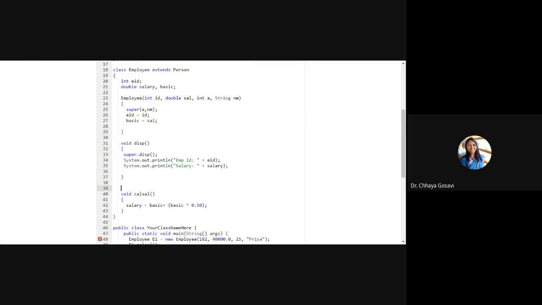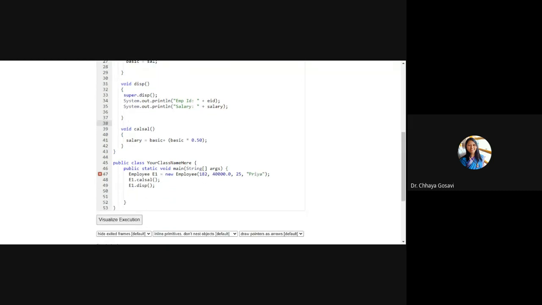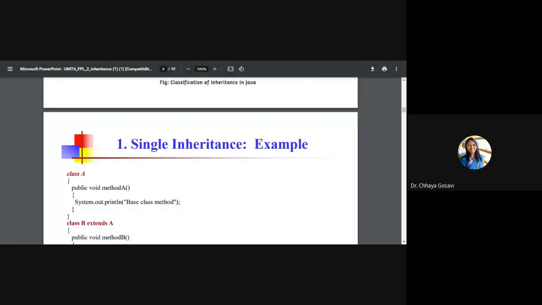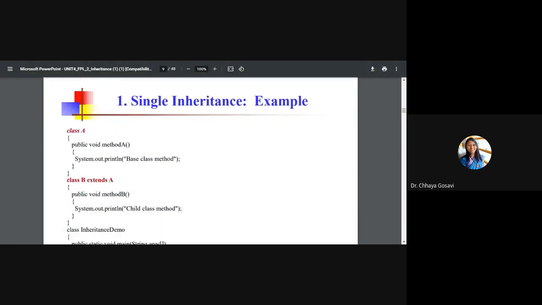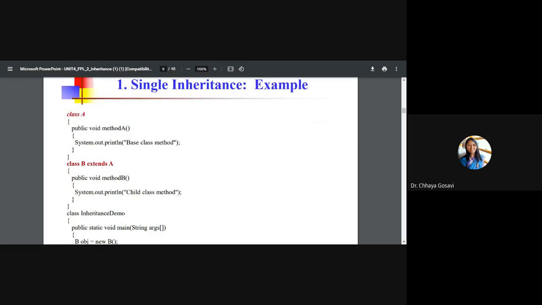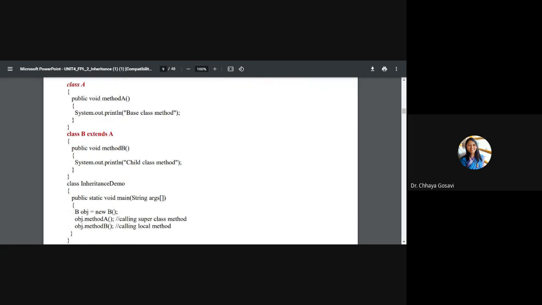And we have one more class which will inherit the employee class. Just think of that. We'll first see the theory part we have covered till this time. So for the single inheritance example, we have taken the example of person and employee. The person class is called base class, super class or parent class.